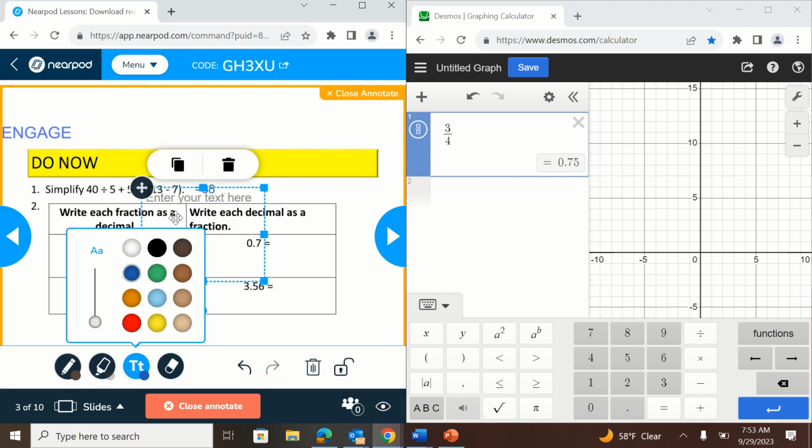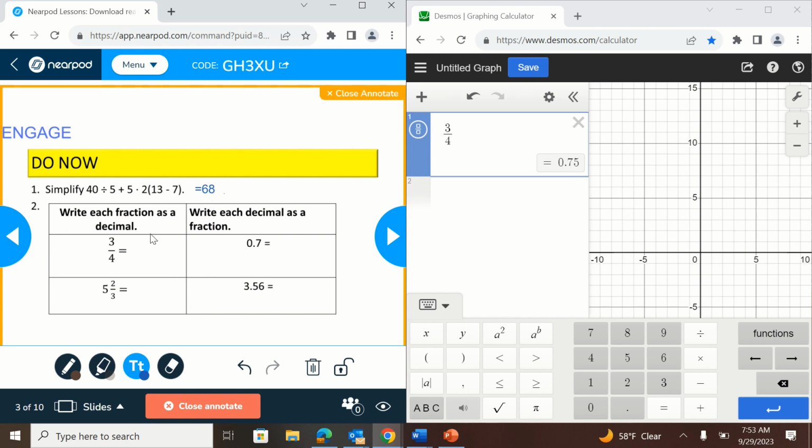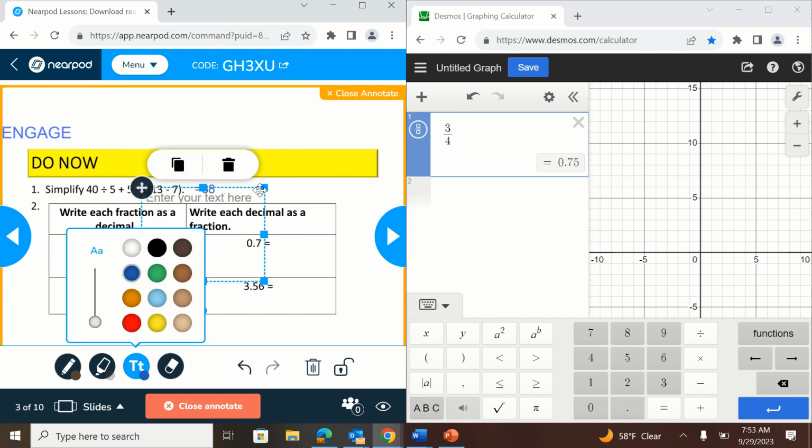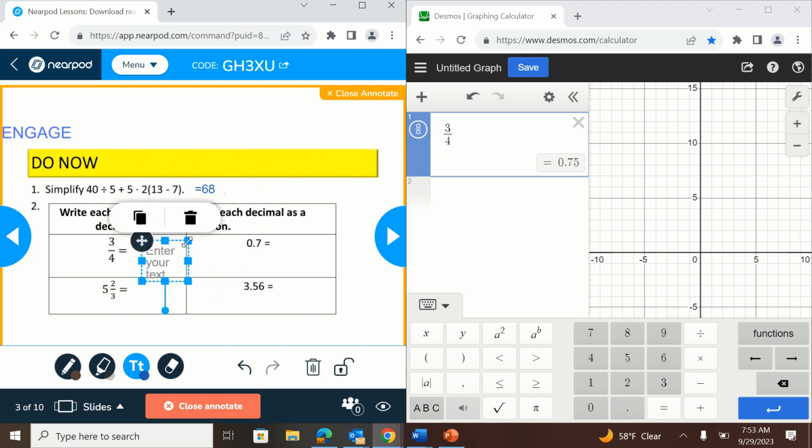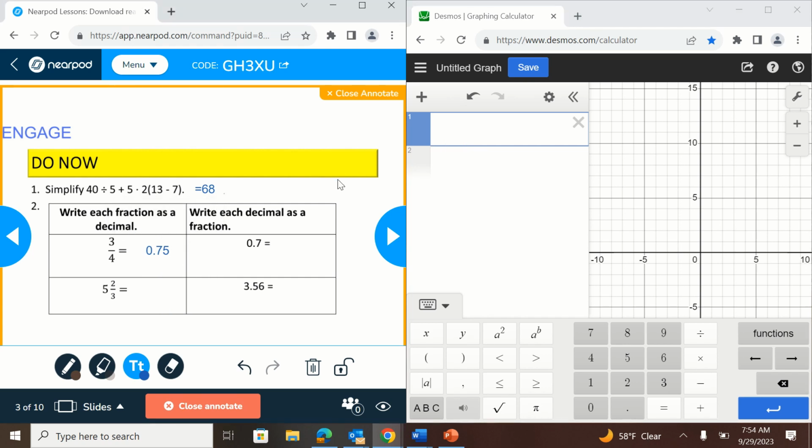They can go ahead and edit their application on Nearpod, where they're able to type in 0.75. All right. Moving on, now if we're asked to write 5 2/3, students can also type that in, and they